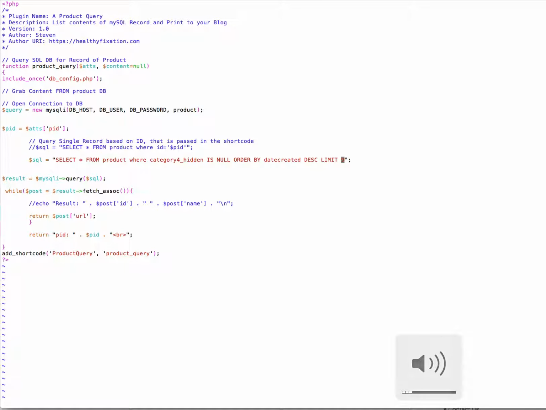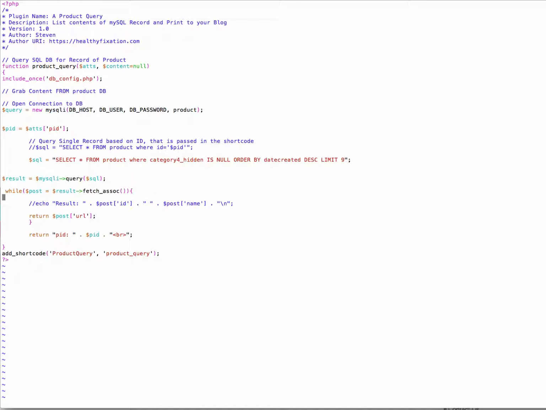So if you're just going to query a database and you want to list a bunch of products, obviously once you have the information, you could probably put those products into a table or display them in a different way. Maybe you had a bunch of div classes or backgrounds, and put them in boxes, whatever. You could just query a bunch. But anyway, in this case, we're going to do select stuff from there, results,